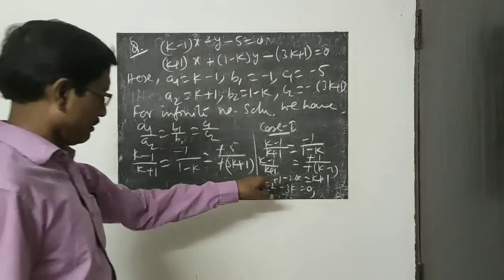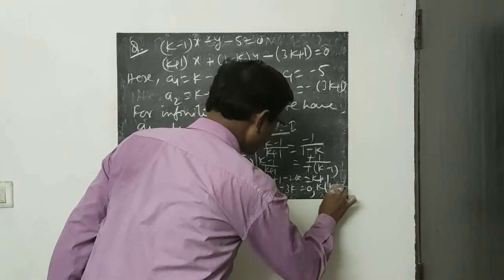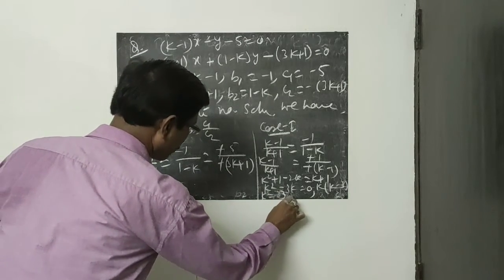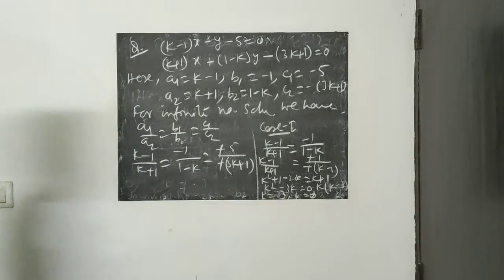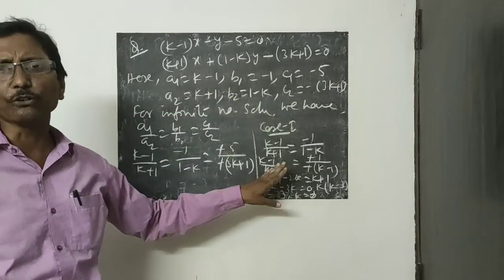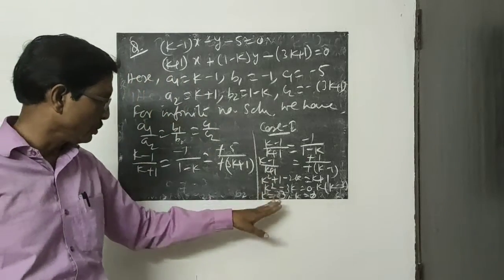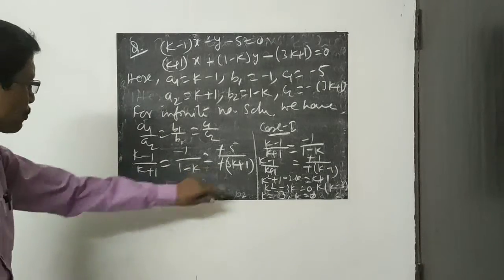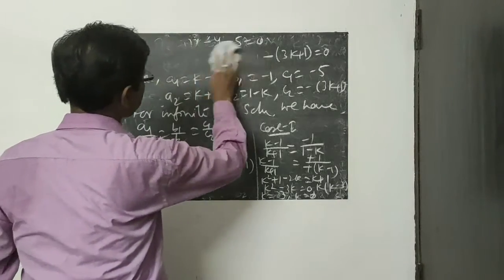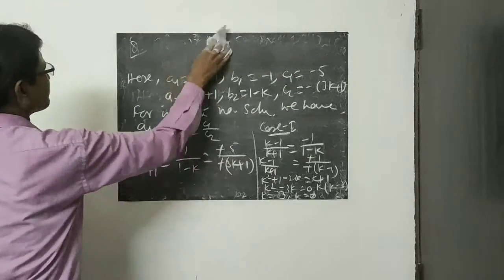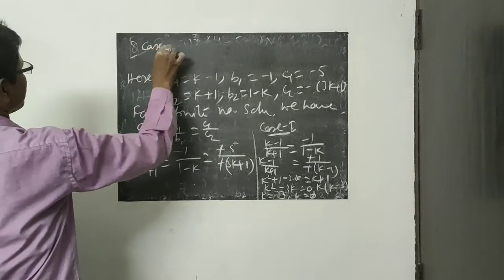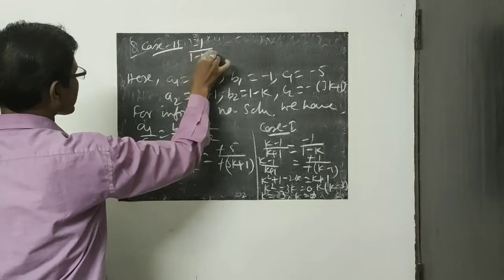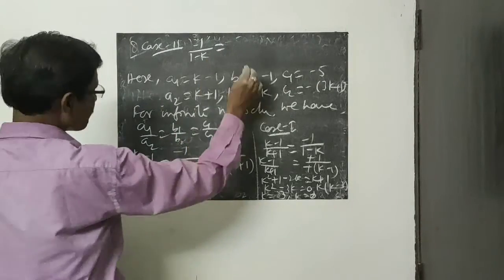So here factorize: k into k minus 3. That means ultimately you will get k equal to 3 or k equal to 0. In this case you are getting two values of k, that is k equal to 0 and k equal to 3. Now another case, if you have taken this equal to that, that is case 2. If you have taken this one, minus 1 by 1 minus k equal to 5 by